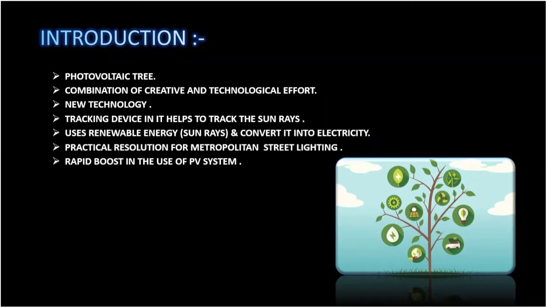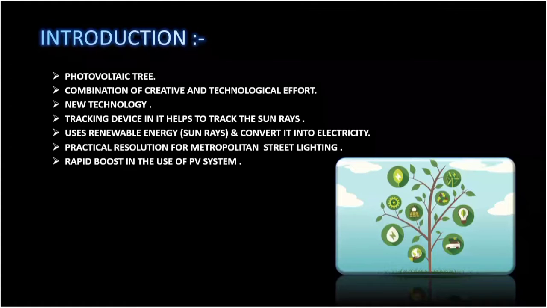The solar tree is of two types. One is fixed and the other one is movable, meaning it can track the sun rays, as the sun rays are not fixed and change as time passes. This type of solar tree contains a tracking device which basically detects the sun's rays and captures the maximum of it for energy production, but it raises the cost of manufacturing the solar tree.